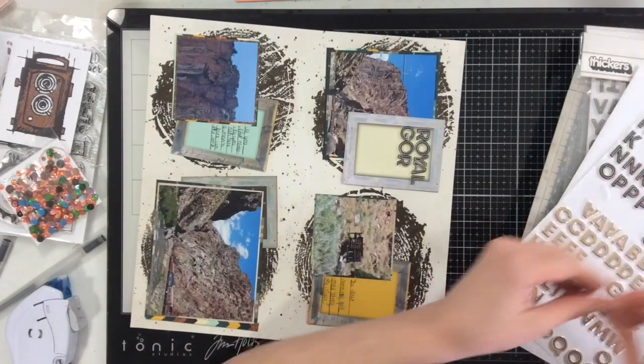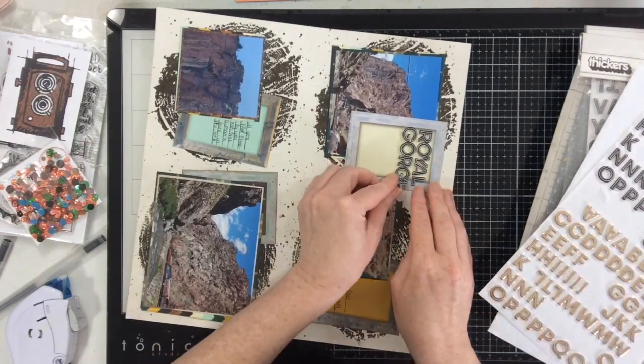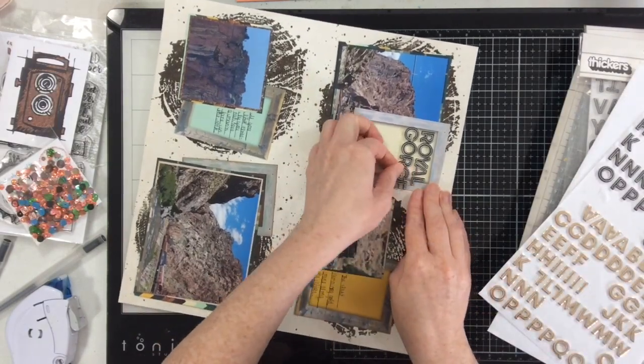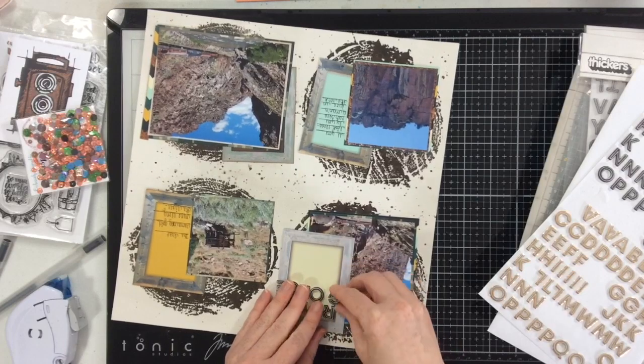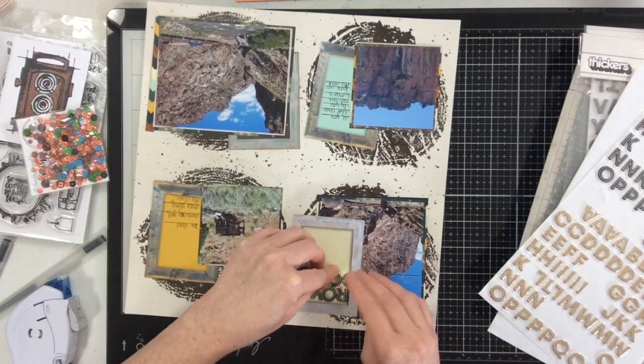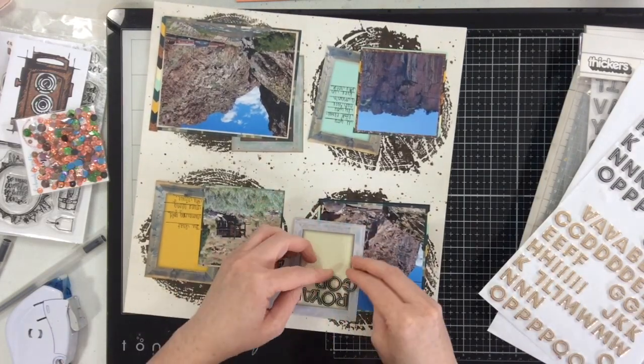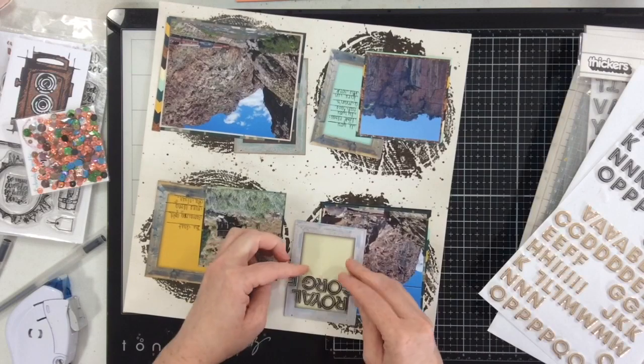Okay, so now I am definitely going to go ahead and start on my title. I went through my thickers. I found one that was a good size to add my title to, and I'm going to create my title using 2 different letter stickers from my stash. While I get these situated on my layout, I am going to mention,